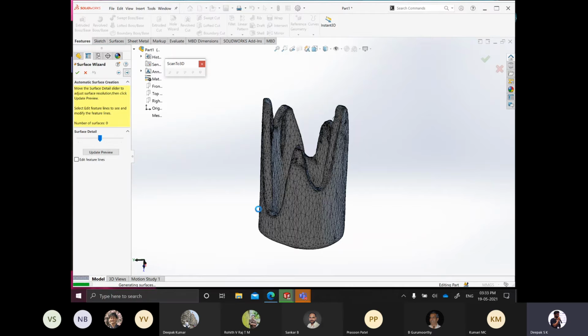So what happens is, like you can see, it is taking time to process the model, and then what it will give is it will give you surfaces. You can then later extract the surfaces and use it for later modeling. Okay, in the meantime, I'll be telling you about what is this surface dial bar.